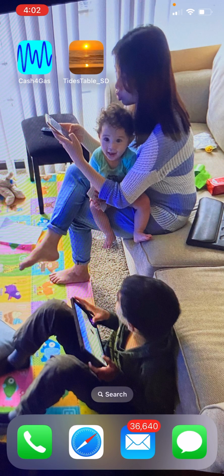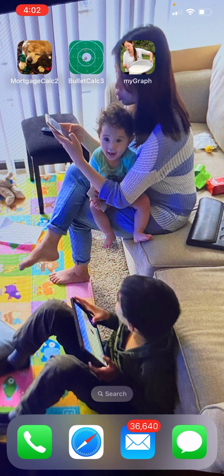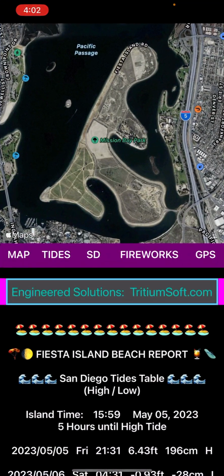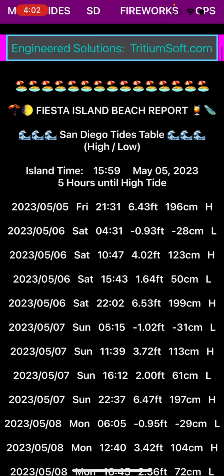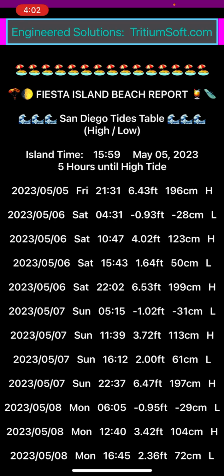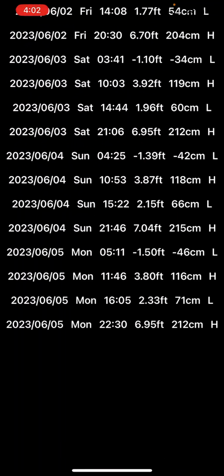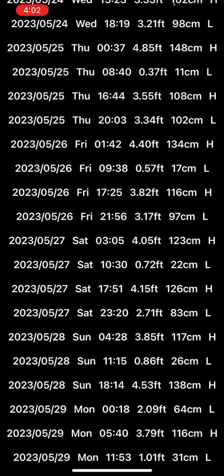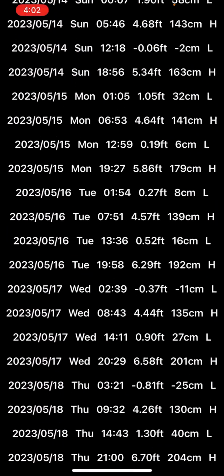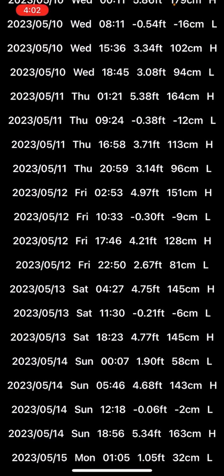I just want to talk to you about Tides Table SD a little further. So let's go into the table. When you're in Tides Table, one of the nice features here is that we have a scrollable view, so we can make plans weeks in advance. We know what the schedule is going to be of these tides, when they're going to be coming in,